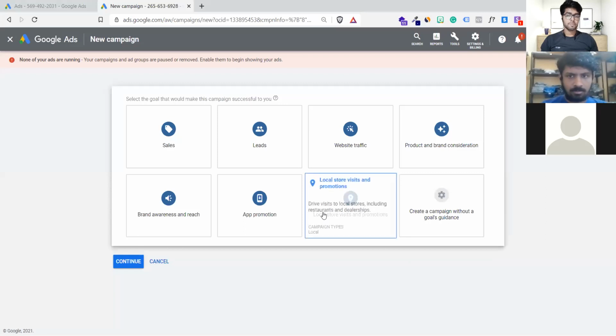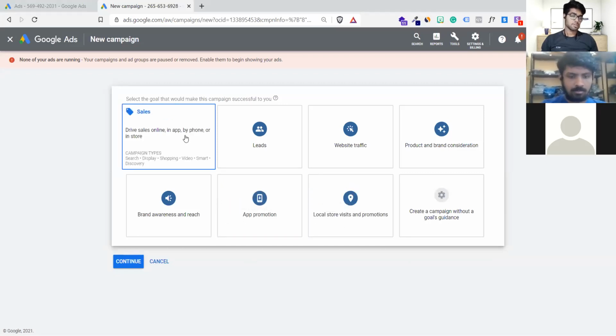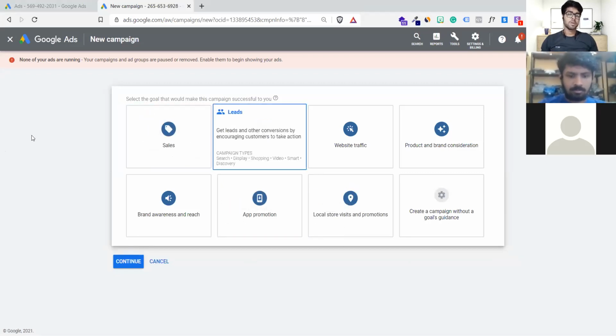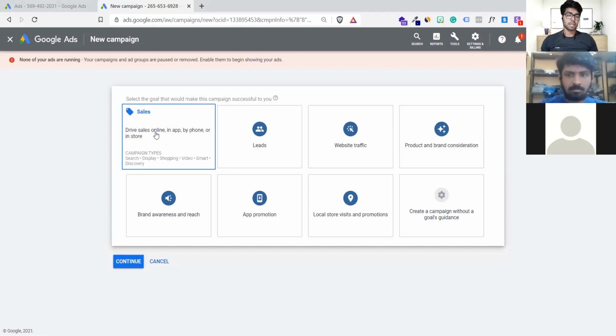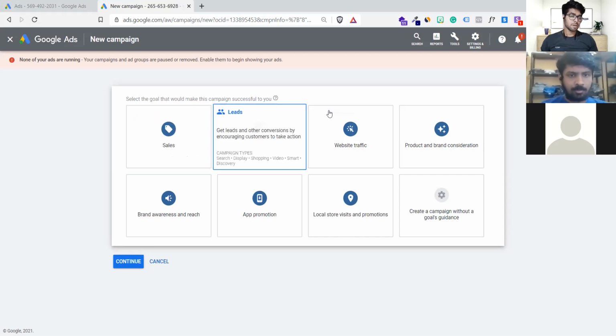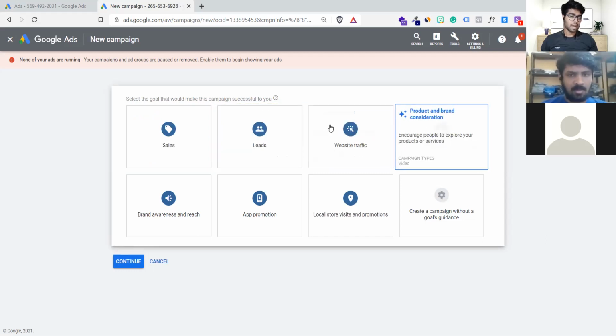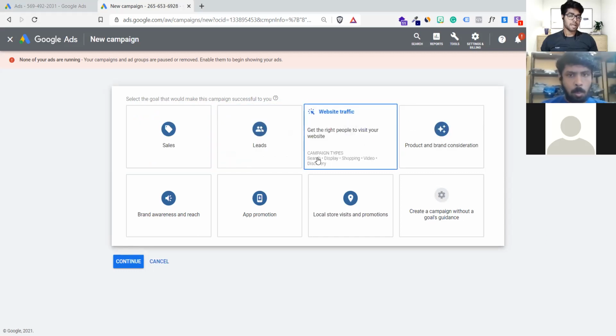Sales, of course. So we're going to click on sales, and the moment you hover your mouse over here, it will say the campaign types consist of search, display, shopping, video, and smart discovery ads. Whenever you hover the mouse cursor on a particular objective, you will see the campaign types available for it.